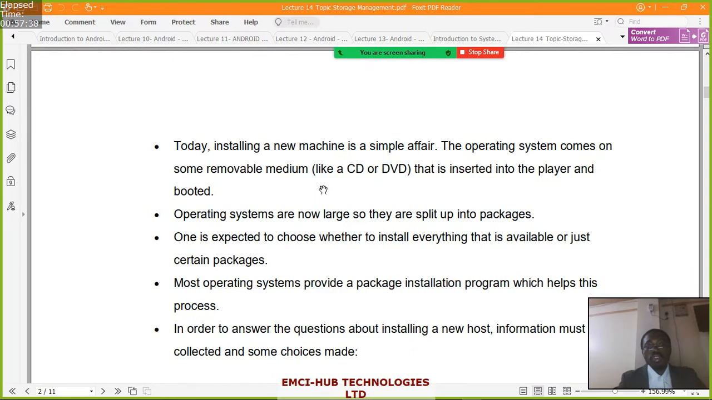Then installing new machines is a simple affair. The operating system comes sometimes on a removable medium such as a CD or DVD that is inserted into the player or the bootable slot area. Then you start. But remember this, the majority of computers nowadays or laptops are designed in the way that we are trying to minimize the space they occupy. So you'll have to look for a slim laptop, because you want it to occupy a smaller space, also for it to be very portable, you see. So in such kind of cases,